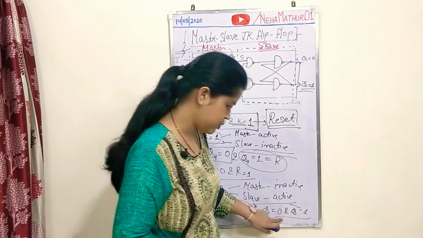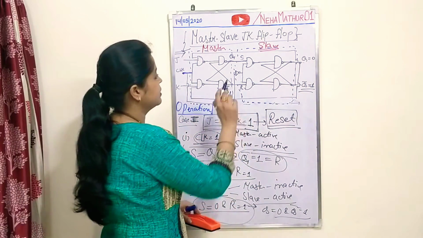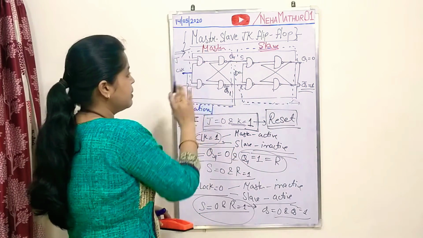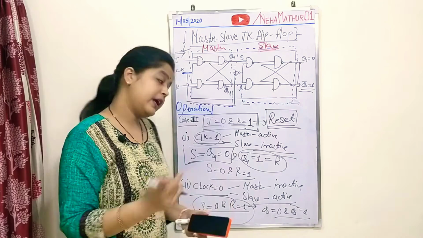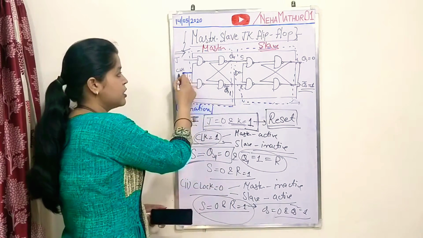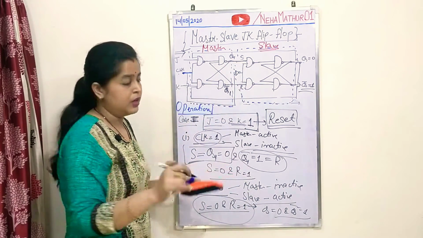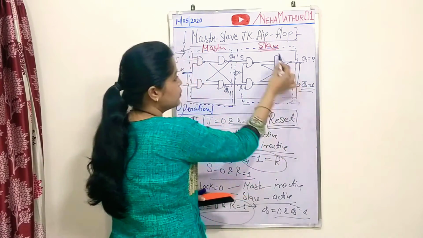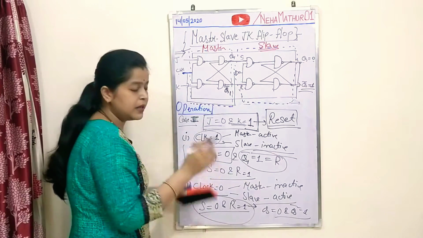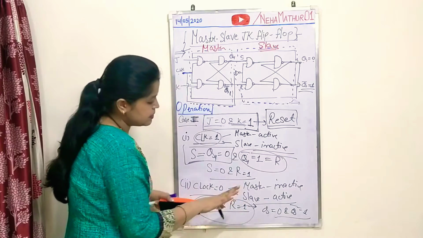Now you have Q equal to 0 and Q bar equal to 1. Now see, since these two main outputs are now applied to the main circuit, if you again repeat the same step, you set your clock equal to 1 and want to see what the reaction will be, it will not change. For Q equal to 0 and Q bar equal to 1, again when you set clock equal to 1, the same step will be repeated, and when clock is equal to 0, the same steps repeat over here.